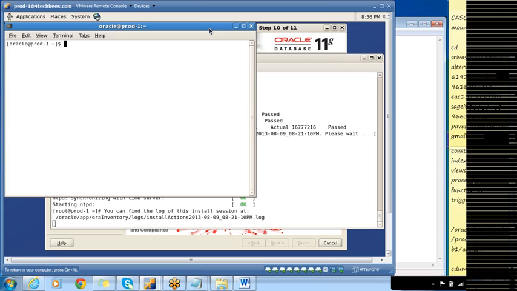Check whether it is completely up and running. Check whether all the resources are up and running or not. Then start prod2. First start up one node, check whether all the services are up and running or not, then go for node 2. If you start both the nodes at once, you'll have some issues.